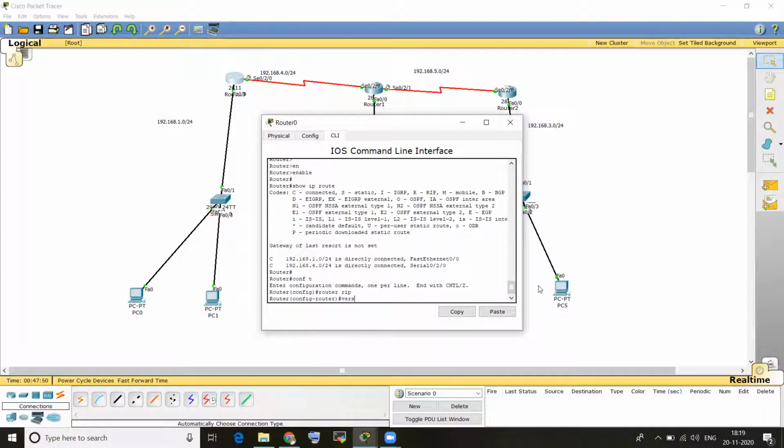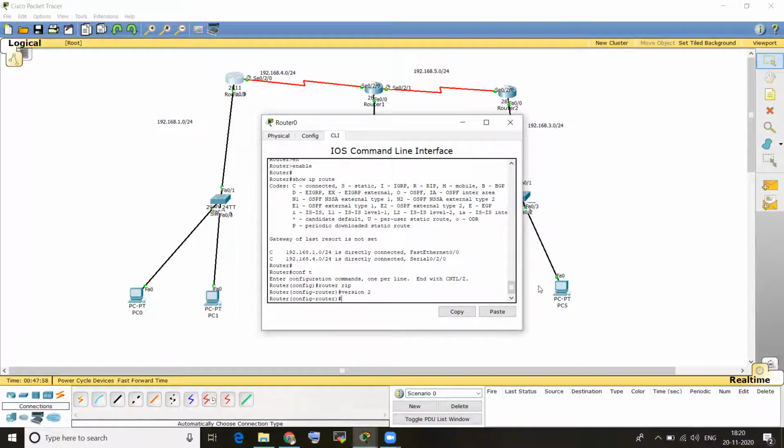Then here, version 2. For version 1 we don't need to give this. Directly you can give router rip, enter, network 192.168.1.0.